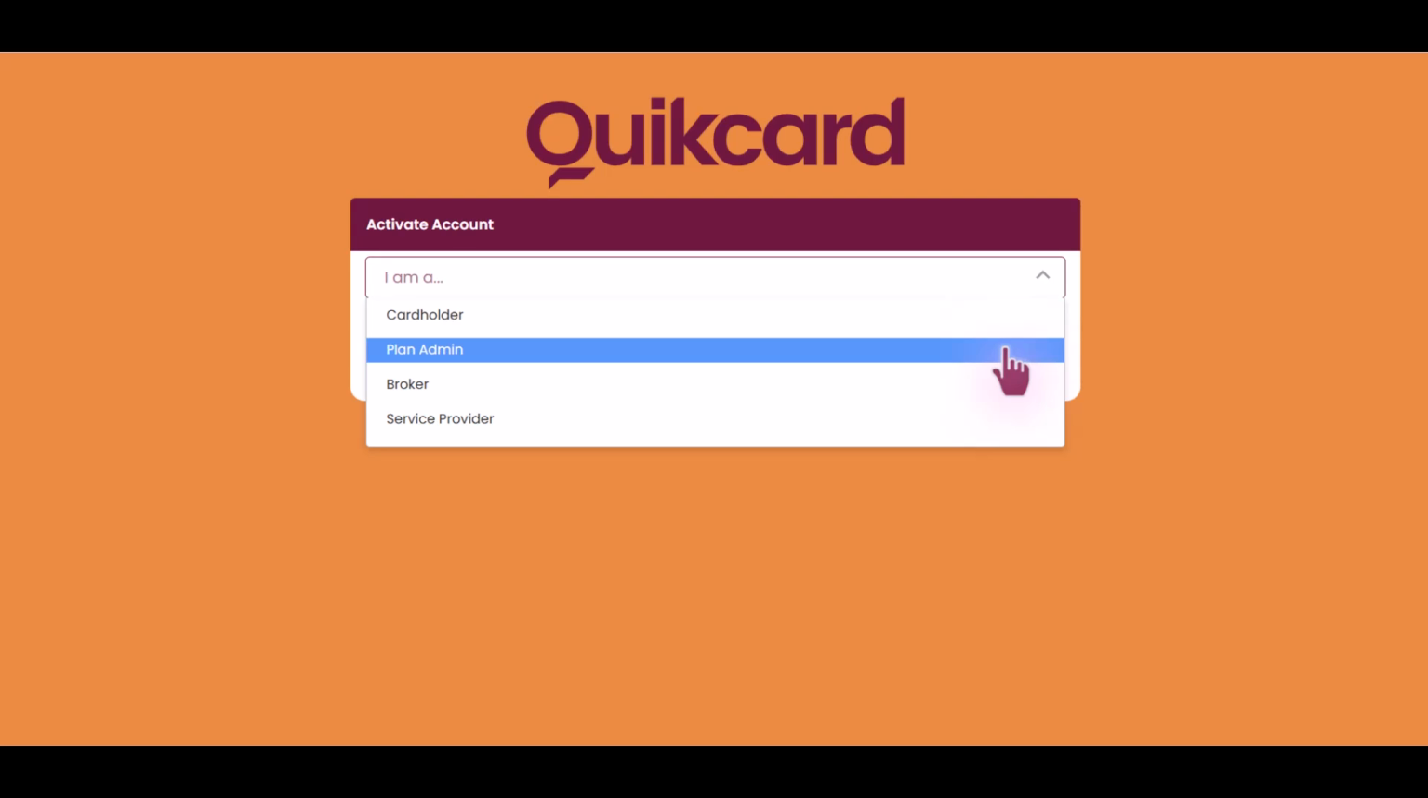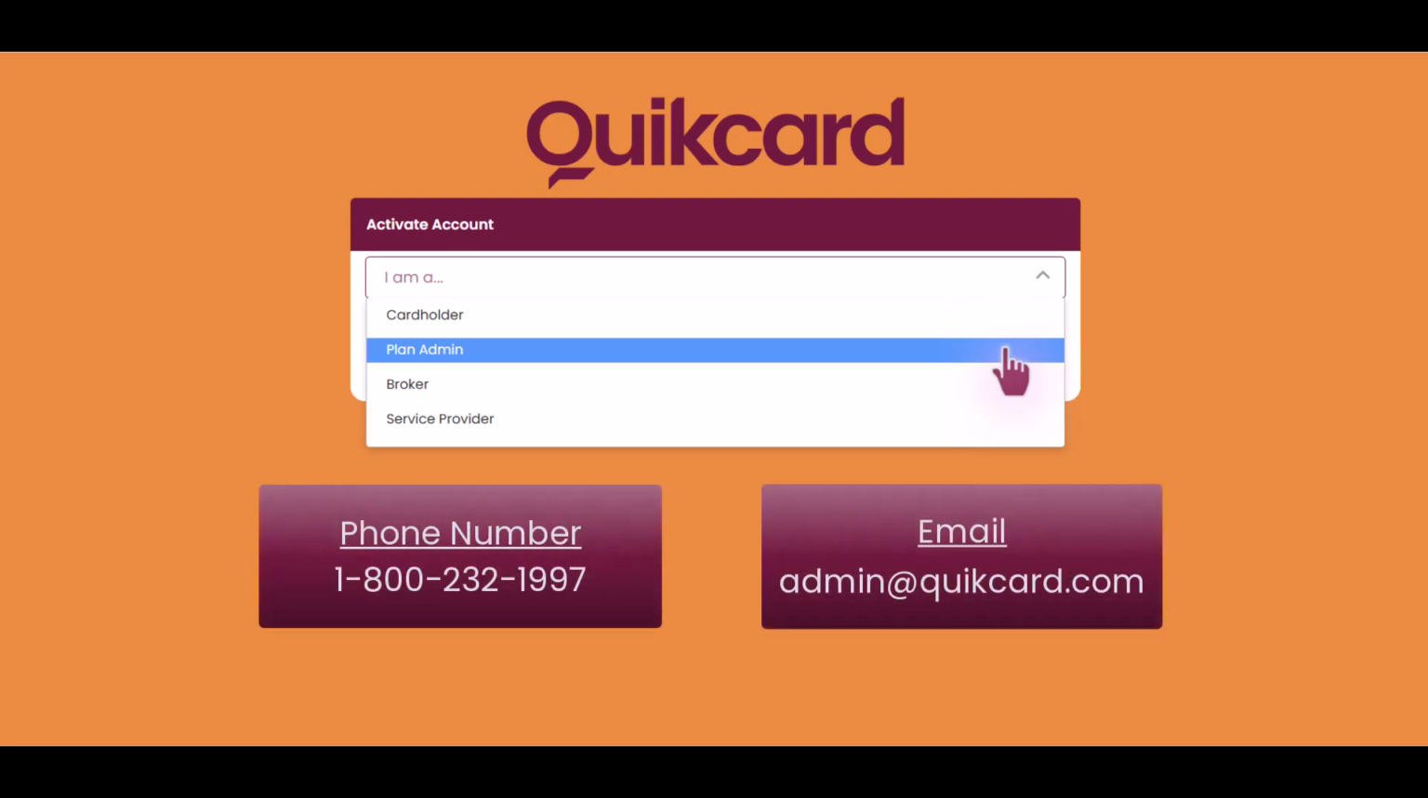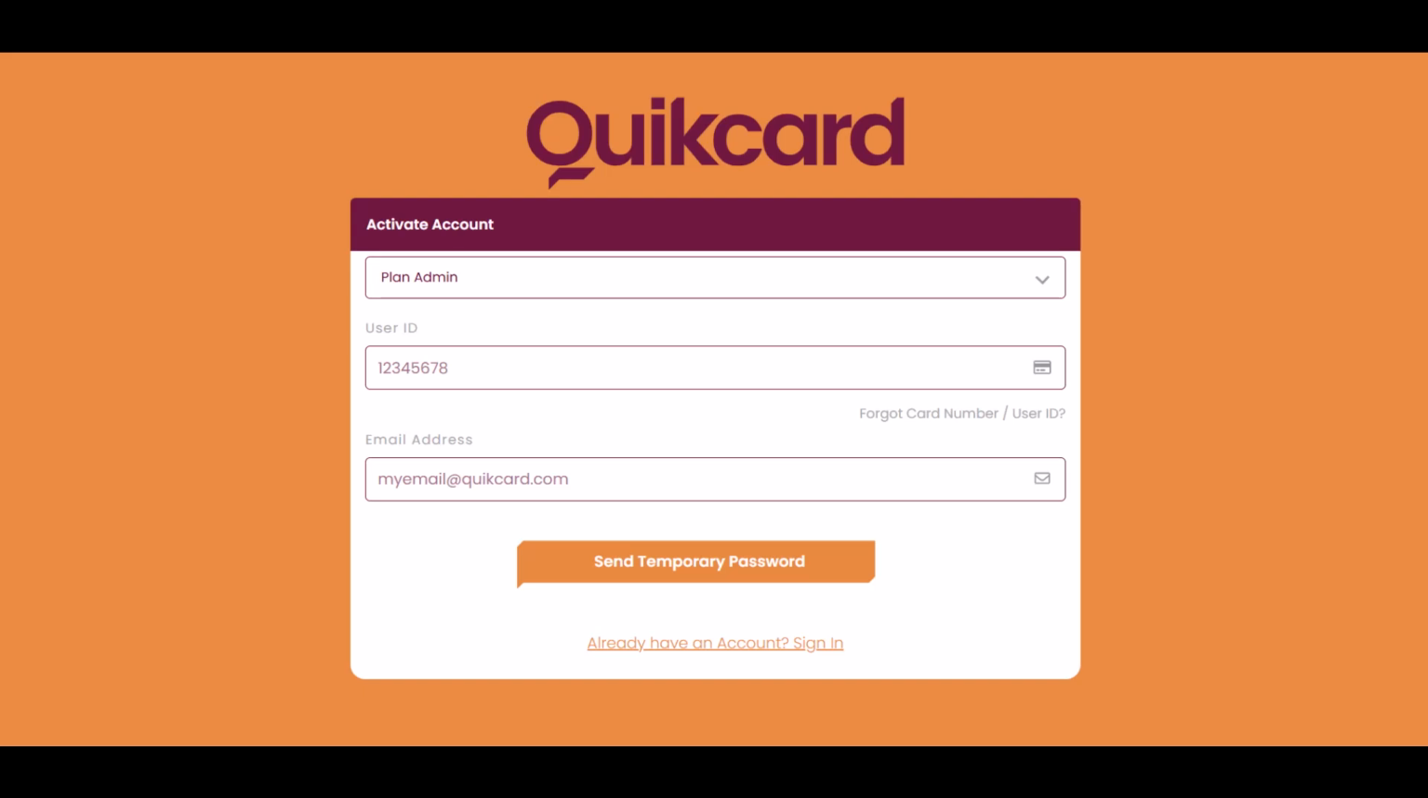If you already have an older Quikcard account with us and this is your first time activating your online portal and you do not have your user ID, please contact our administration team and they'll be happy to assist with obtaining that number. Or you can also select Forgot Card Number / User ID and follow the steps there to